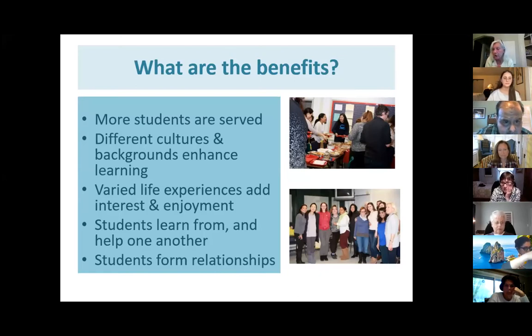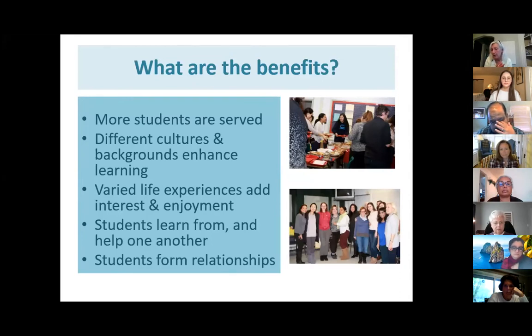One of the benefits to the students is that they can learn from one another as well as from you. And as I said, they help one another. And it's good for our students to meet and get to know people from different cultures because it broadens their perspective as it does ours. One of the really nice aspects of tutoring is the relationship that develops. The students develop a bond with you and they develop bonds with each other, which is really important for people who are living in a country far away from family and close friends.